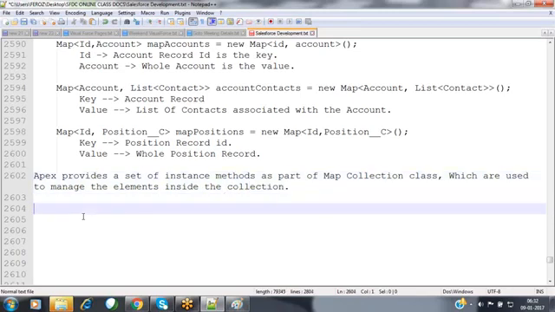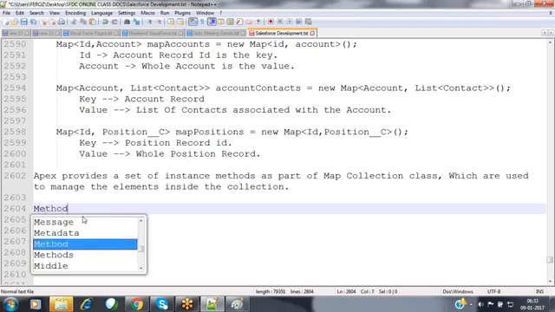If you want to add some elements, remove some elements, or fetch some elements, at that time we use these instance methods provided by the map collection class. What are the various methods provided by this map collection class? We'll see practically here.